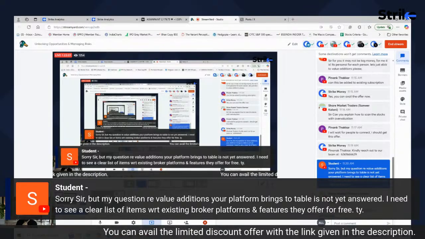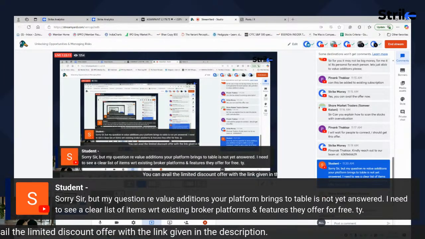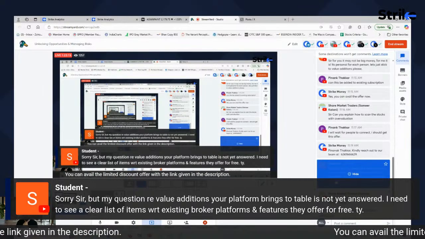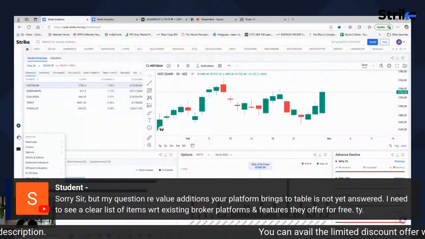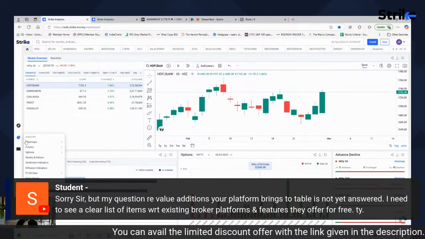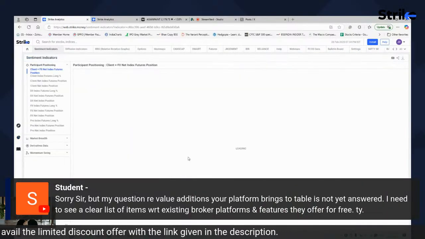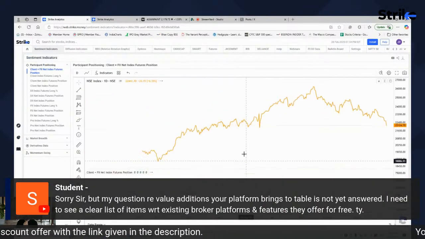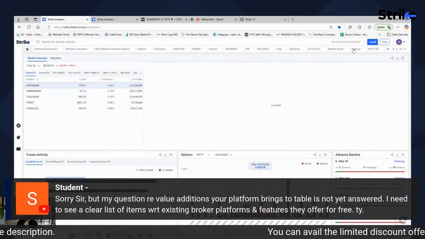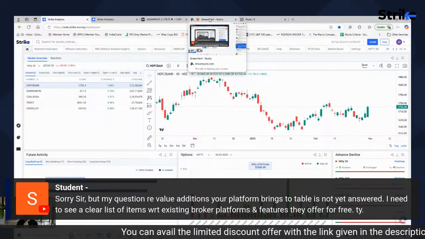I need a clear answer. Shouldn't you anyway get a 7-day free trial if you log into the platform? Just go and explore. There is not just one thing that we are giving over here. You have technicals, fundamentals, futures, options. There is sentiment data that you don't get anywhere else. All these things are there in the platform. I'm sure once you sign in and explore it, you will understand what it is worth.